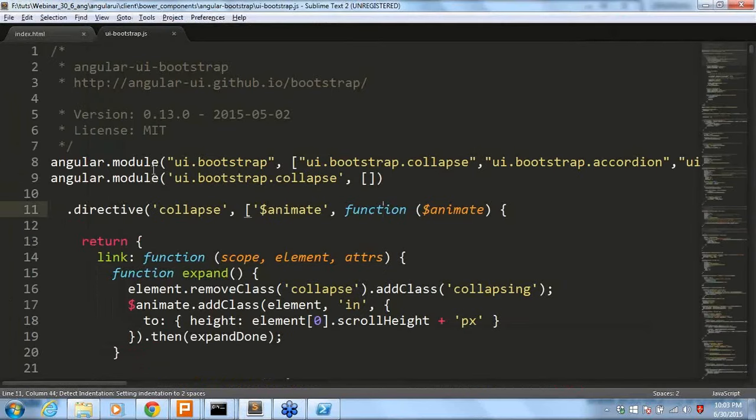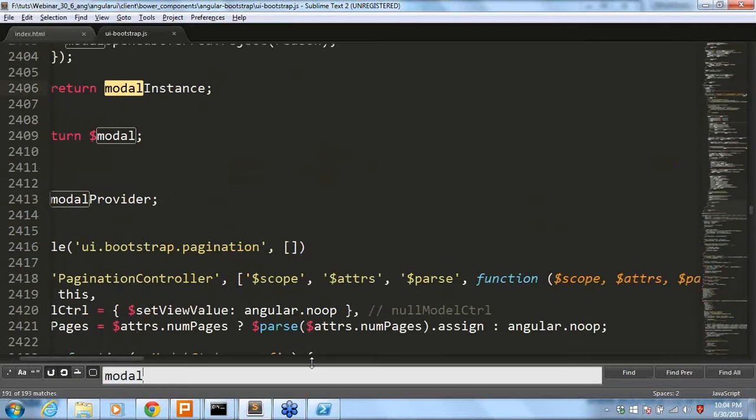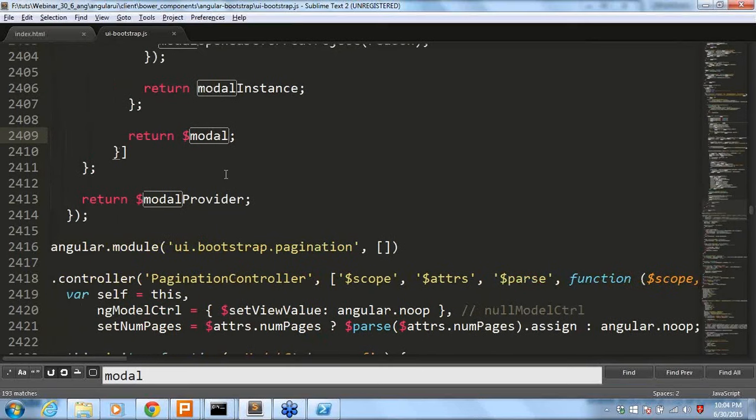If you see over here, they have created a module called UI Bootstrap. Just as we created the basic module, in the same way they have the UI Bootstrap module, which has more functionality. Each and every functionality is there. The collapse is a directive, and if you see the modal, the modal provider and modal are services, and the modal instance and other things they are using. Whatever functionalities we have in Bootstrap have all been created as modules, services or directives that you can use, in the same way, in the UI Bootstrap JS itself.